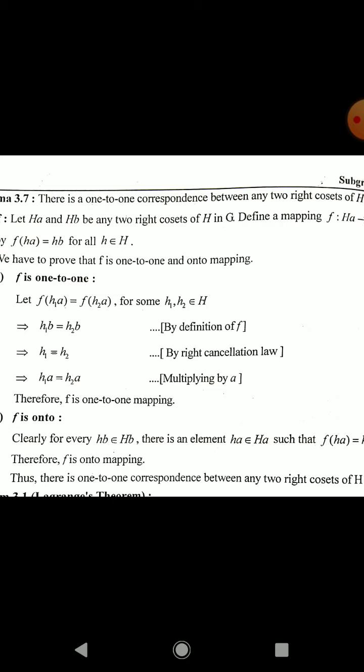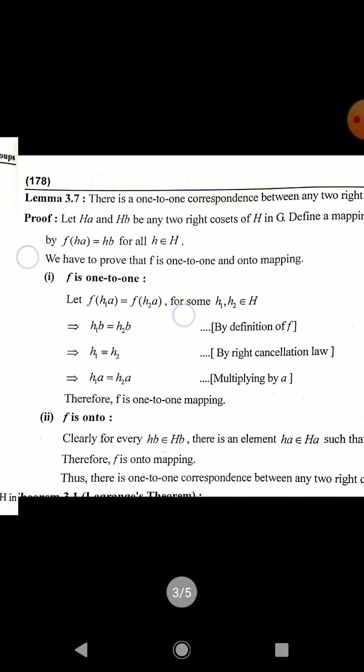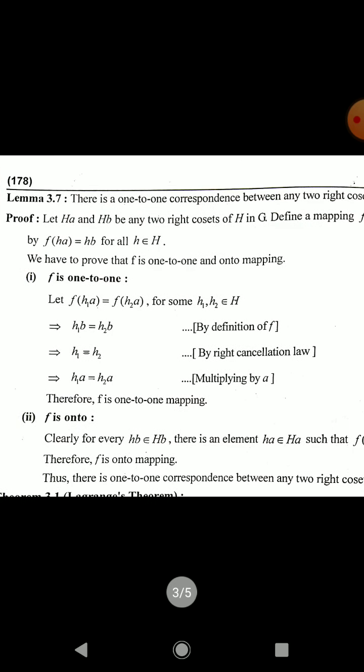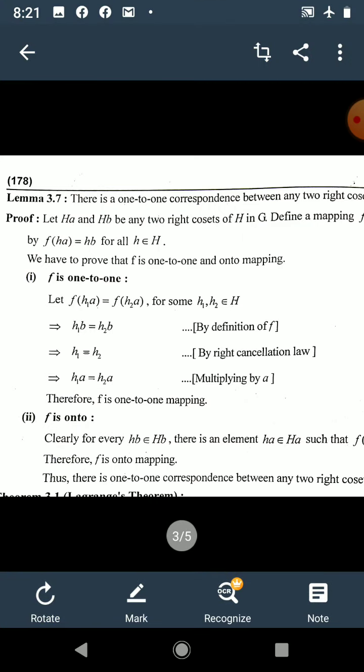It is true for the other case also. Here we have to prove that there is a one-to-one correspondence between any two right cosets of H in G. One-to-one correspondence means there exists a mapping from one right coset to the other right coset, which is both one-one and onto. We shall consider one mapping from Ha to Hb and prove that this mapping is one-one and onto. For this purpose, consider Ha and Hb to be any two right cosets of H in G, and